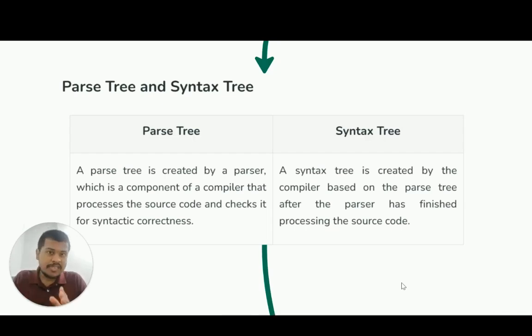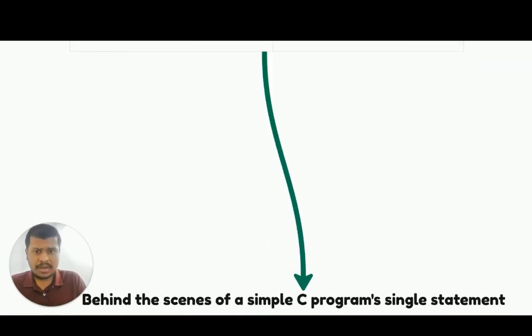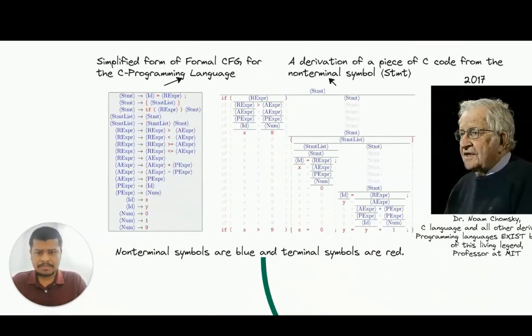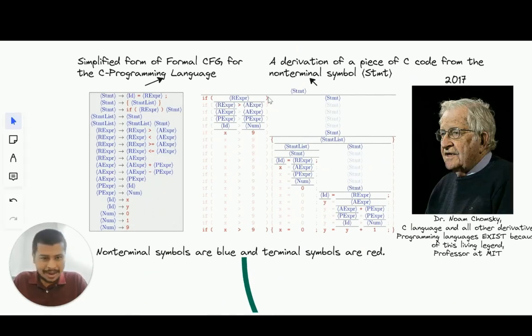Now we've understood the difference between a parse tree and a syntax tree. We'll proceed further to see an example of how this parse tree works in real life for a single statement of a C program. This would be a real life example. Now, looking at it as a whole, it might look a little complex, but I'll break it down for you so that it feels simple. Fine. I'll show it now. So this is the particular statement that we're looking through. This is the only single statement that we have from the C program's script.